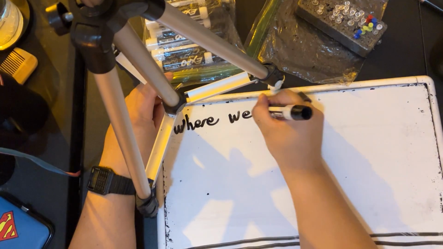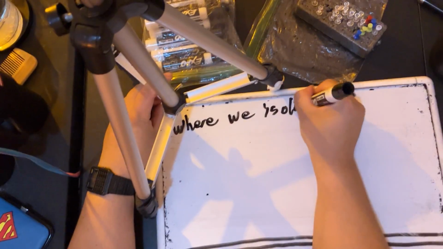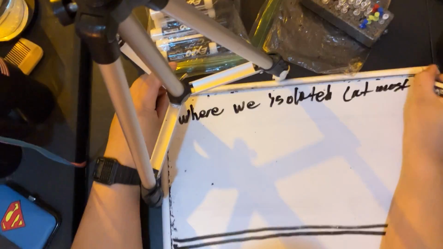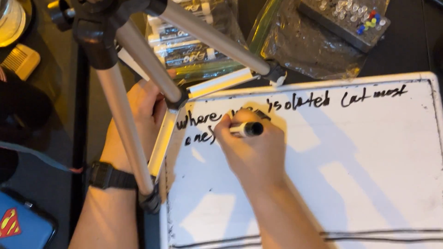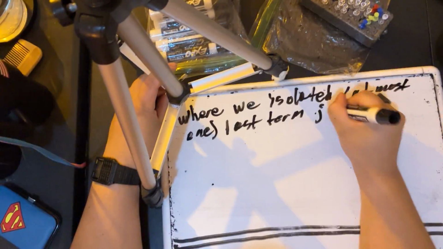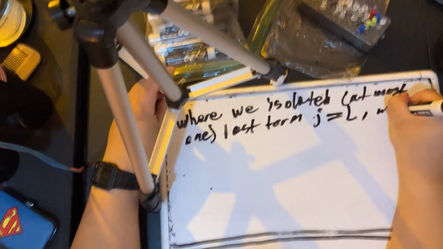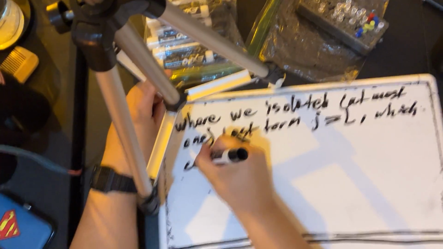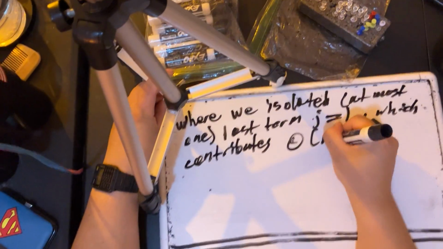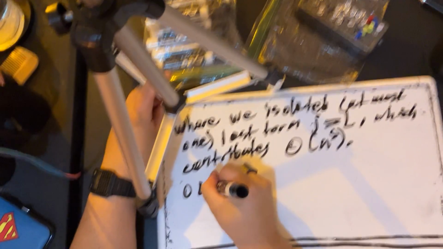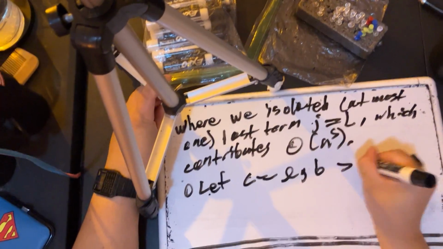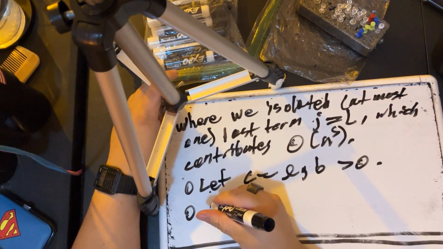And this is where we isolated, continuing from earlier, at most one last term. J is equal to L, which contributes big O of n to the s. So let's let c equal log b greater than 0. Well, then their inner sum